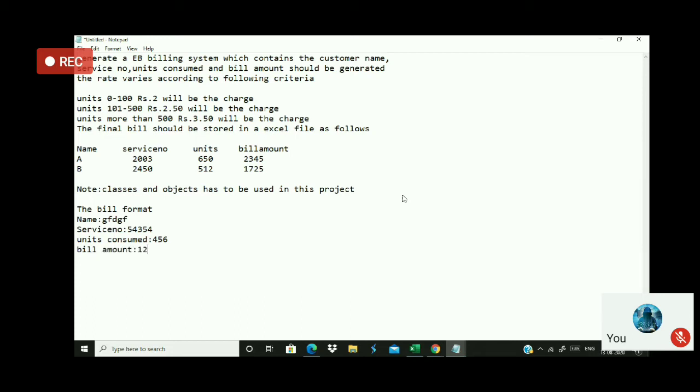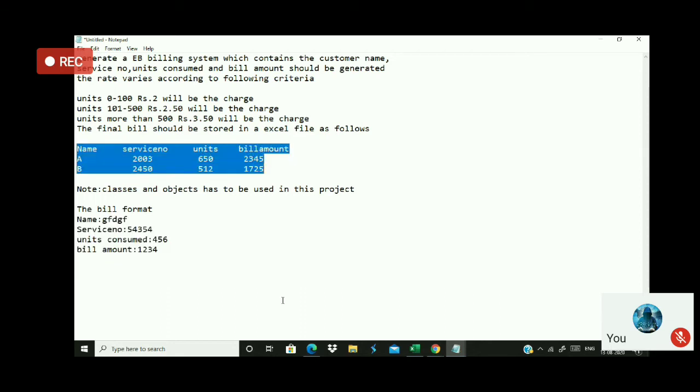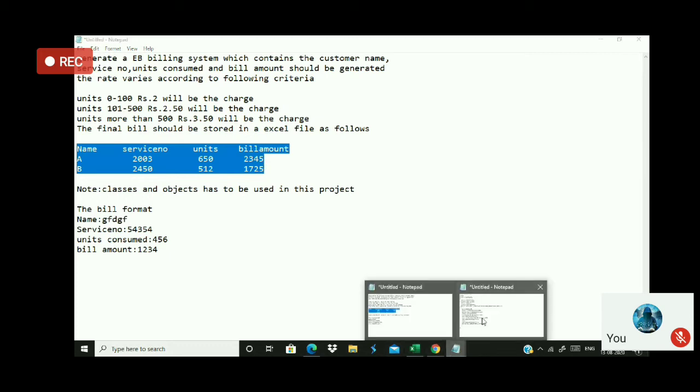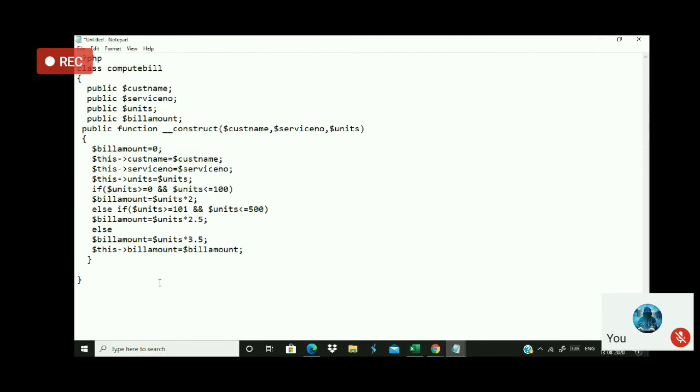This is the order of billing. After computing, I should get the bill like this. And whoever is computed should be stored in the Excel file like this also. At the same time, the bill should be printed and pushed to an Excel file for a database.